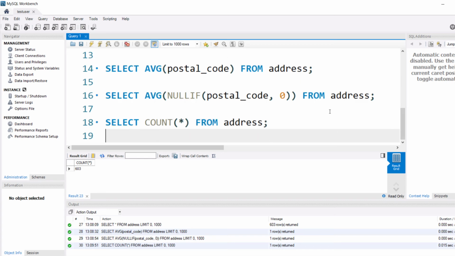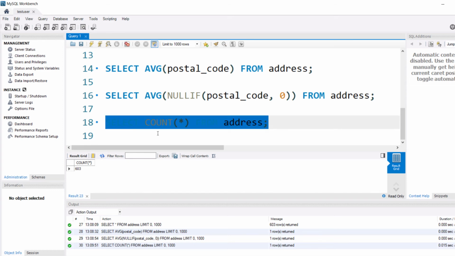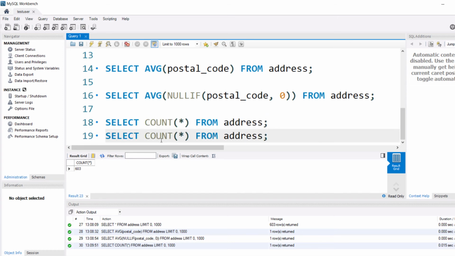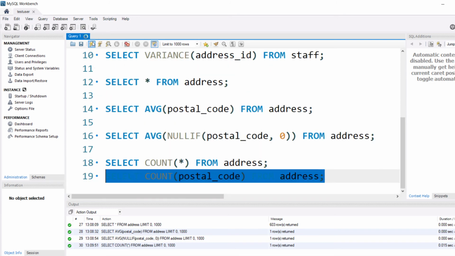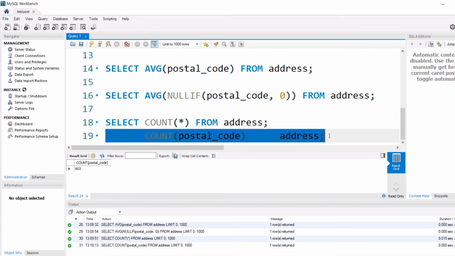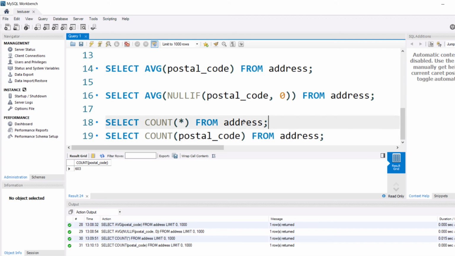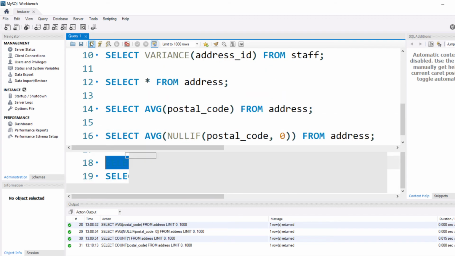So now if I want to individually count the values in postal code, I can just do that like this. Okay, it is 603. Same as count of star from address, I guess. What was the earlier value? Yeah.